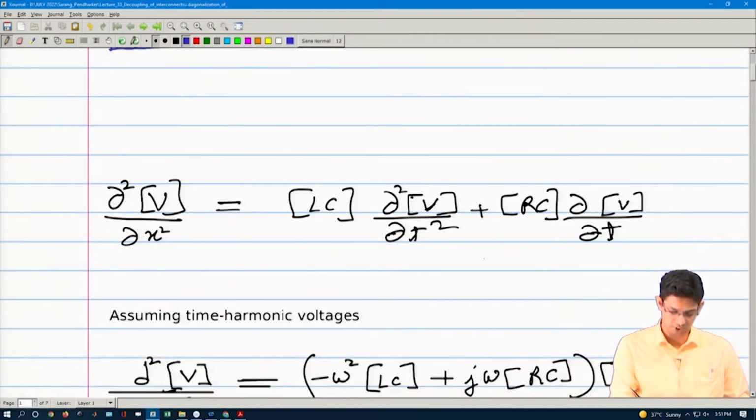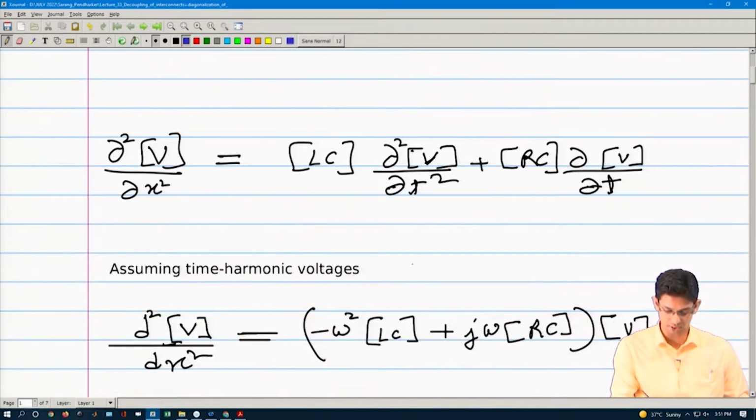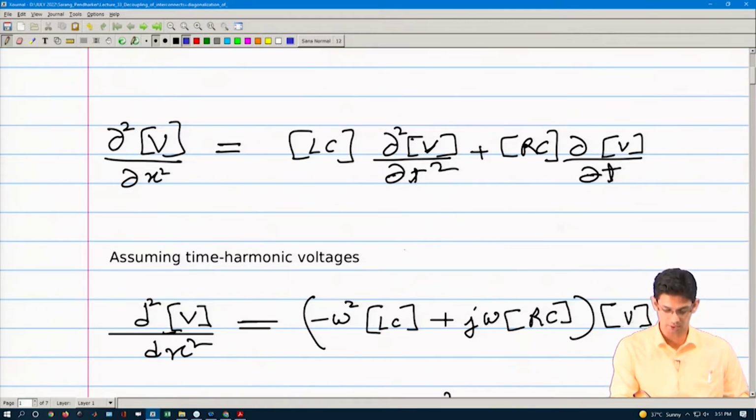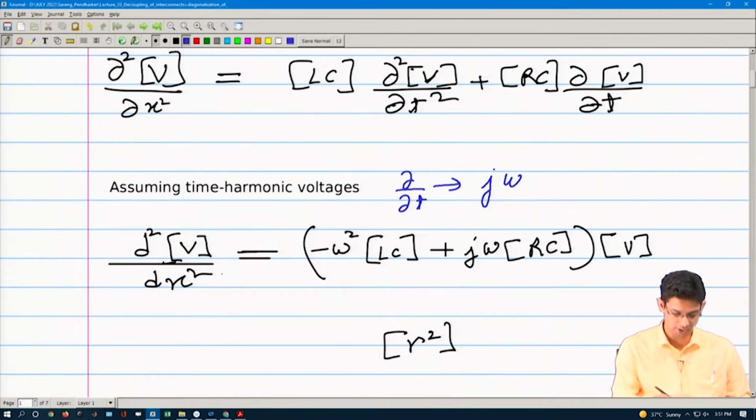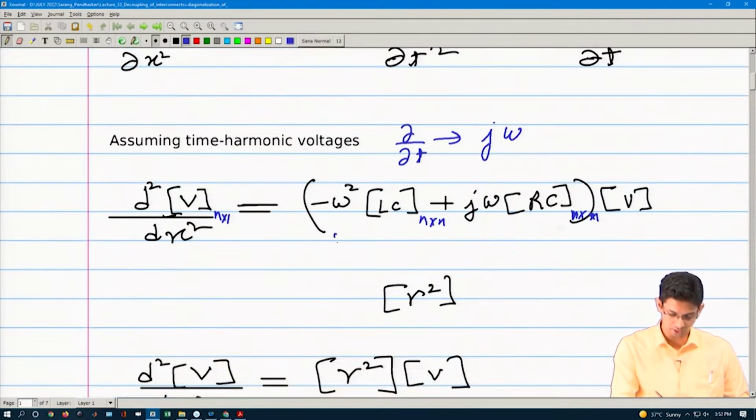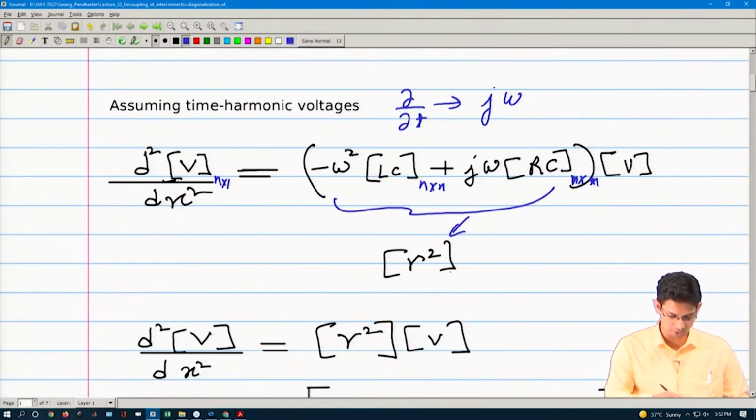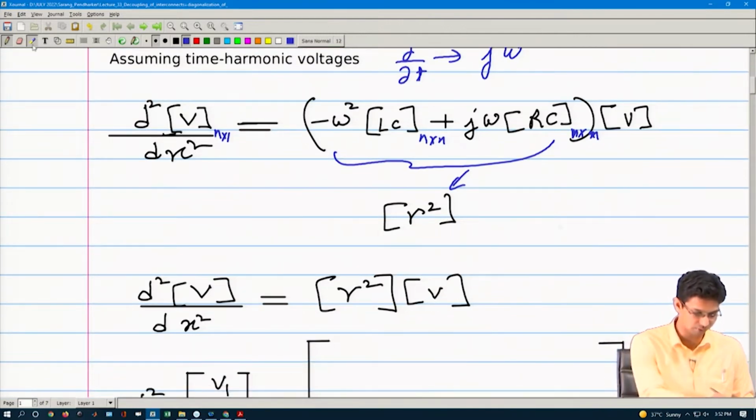And then for this, if you are assuming time harmonic voltages, then as we had discussed in previous lecture, your del by del t would be replaced by j omega, and then finally you will be getting this. So, here if there are n coupled interconnects, then you will have n cross 1 voltages here, this will be your n cross n, this will be your n cross n. So, basically this we can represent as gamma, and you can have an equation of this form which you want to then